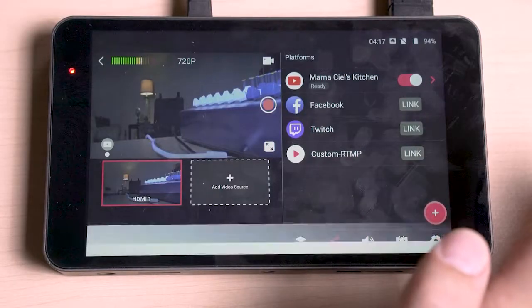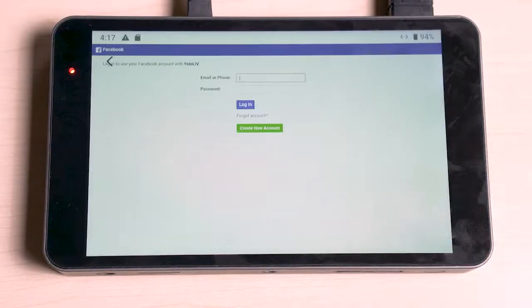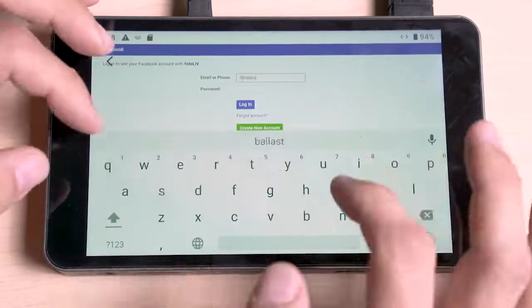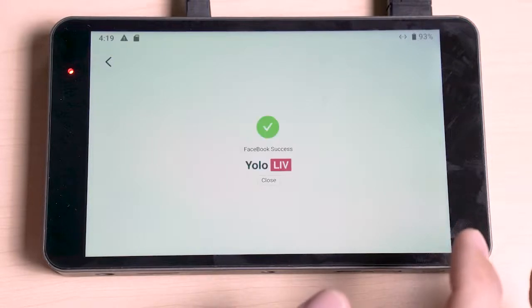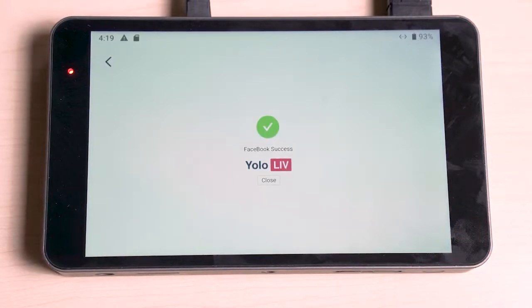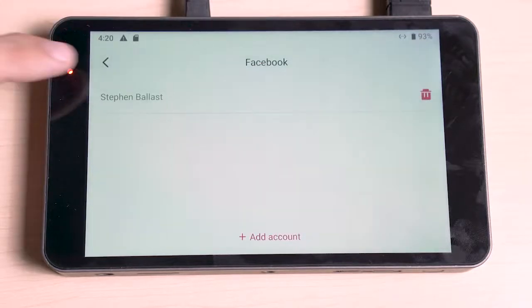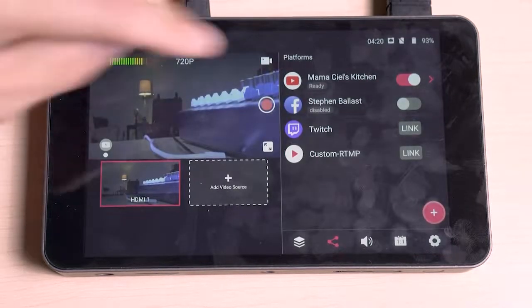For Facebook, tap the link button and log in to your Facebook account. Now you'll need to give YoloLive permission to post on your account, and then again we get the green success button. Now back in the streaming interface, when we enable Facebook,